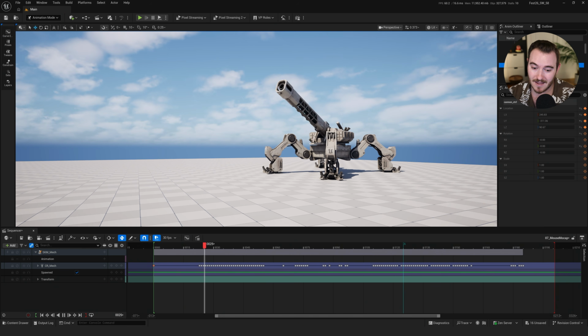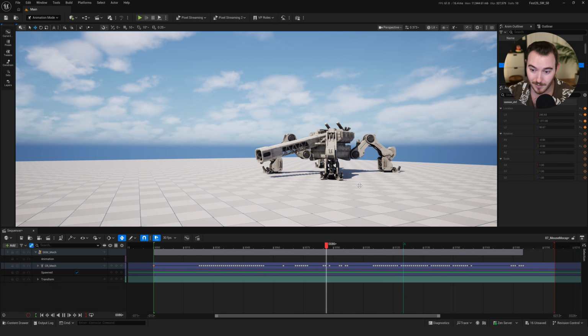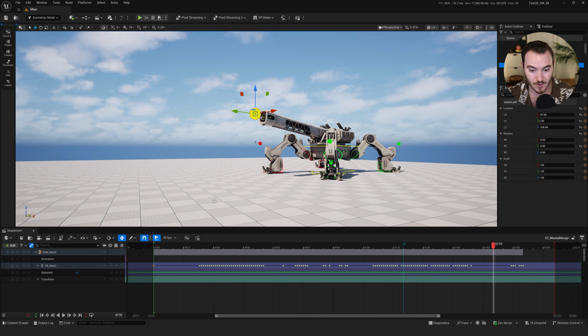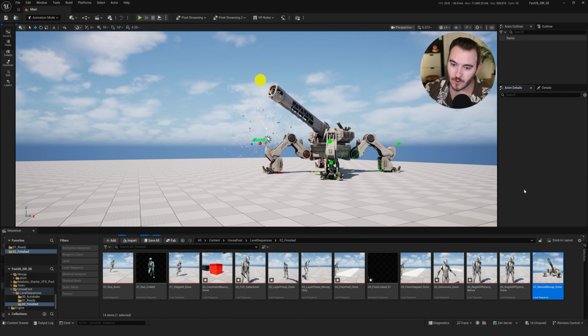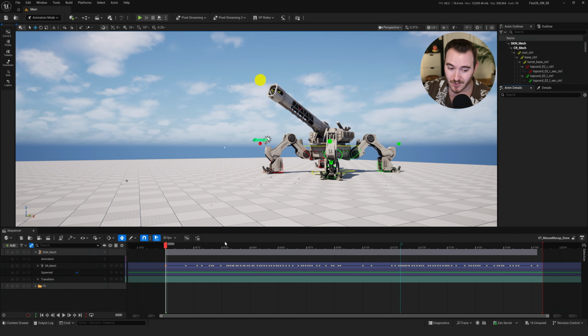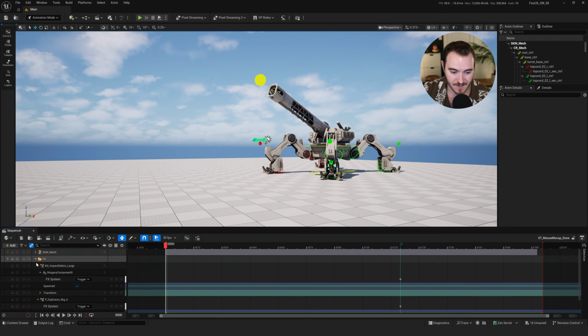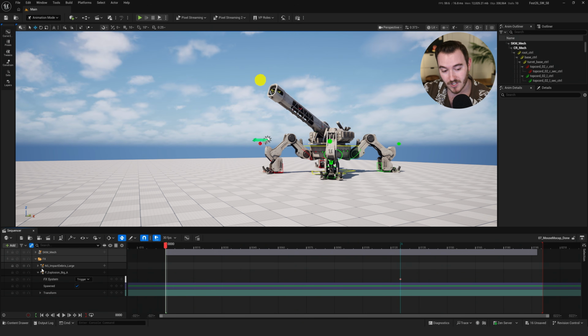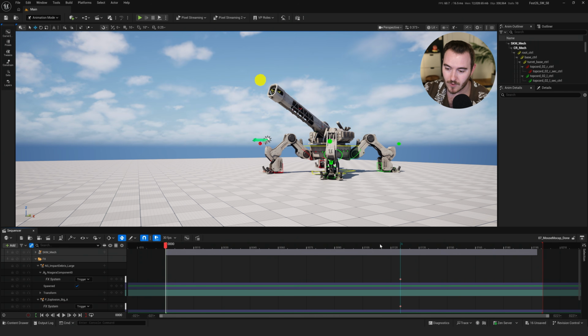And so that is a super quick way to block out some timing or just try stuff, because it's so fast and so easy. But then if you are doing something with this character and you want to have an explosion, I'm going to show you how to do that. So I have a little folder here for my effects, and I've got a Niagara system and a Cascade system, which will eventually be deprecated. But I just wanted to point out that if you want to trigger effects,